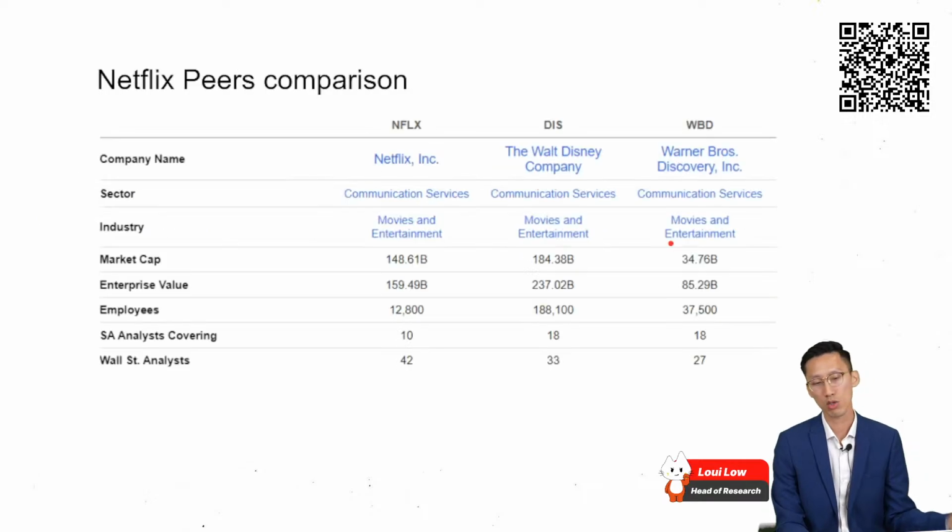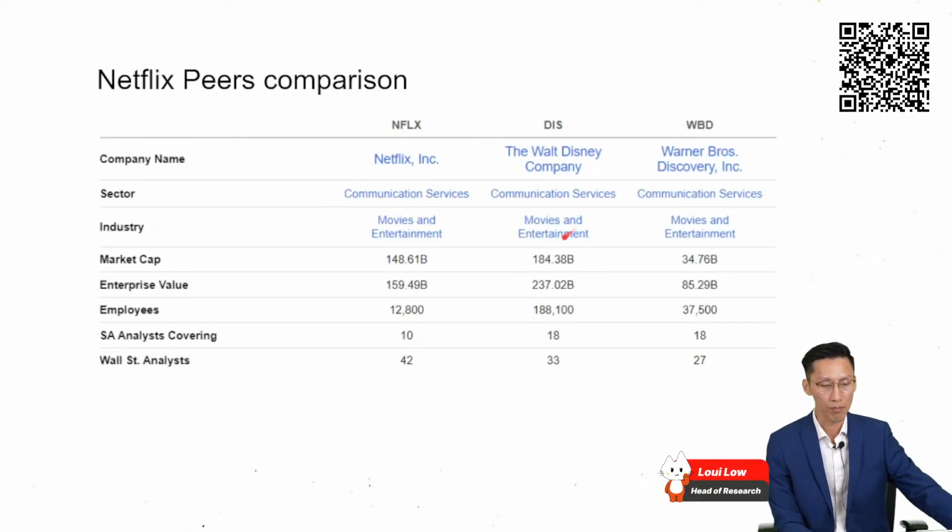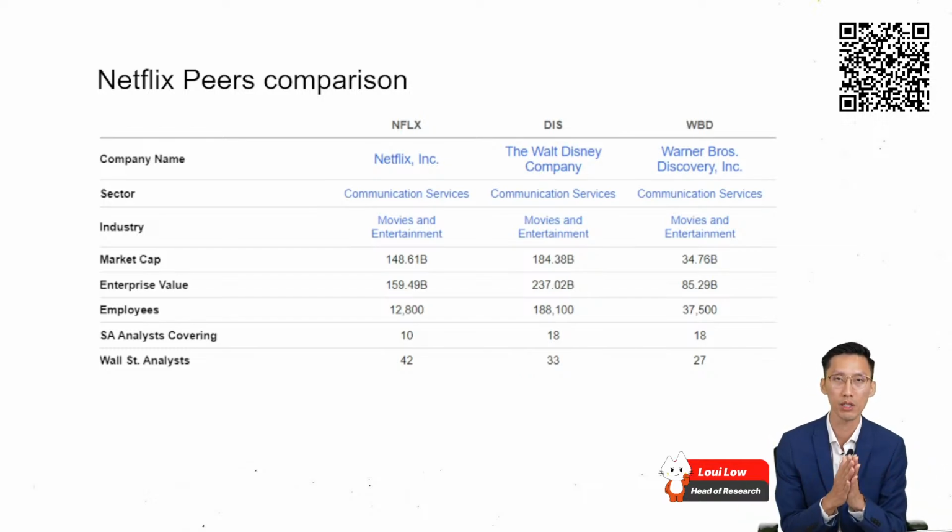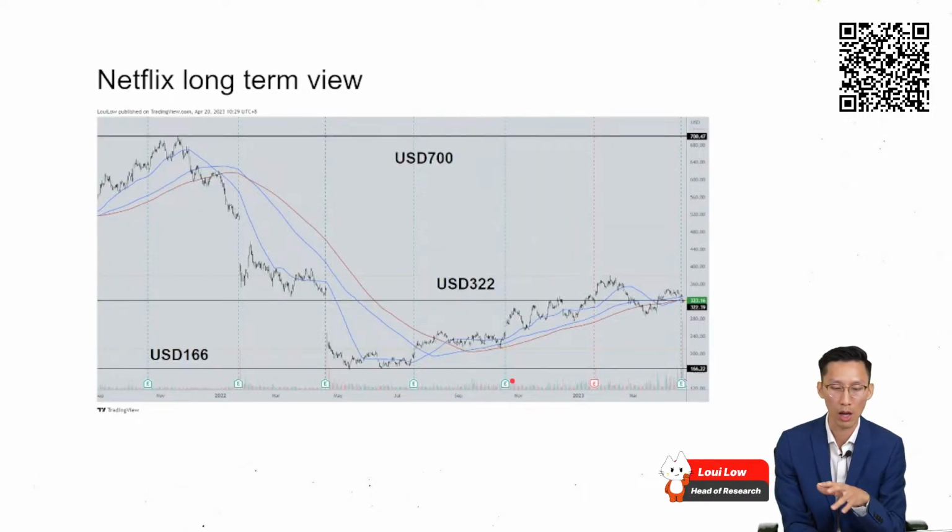Okay? So coming back to some of the competitors like Disney, Warner Brothers, their market cap is about 184 for Disney. But I don't think that Disney is their, it's definitely their main competitor. But the streaming services is still dominated by Netflix. And I think Netflix still has the advantage for these streaming services. Although Disney and other people are coming up with their own streaming services, it's a very, very tough environment. And if Netflix is able to stay ahead of them, I think this could be an opportunity to look at the share price again when it dips